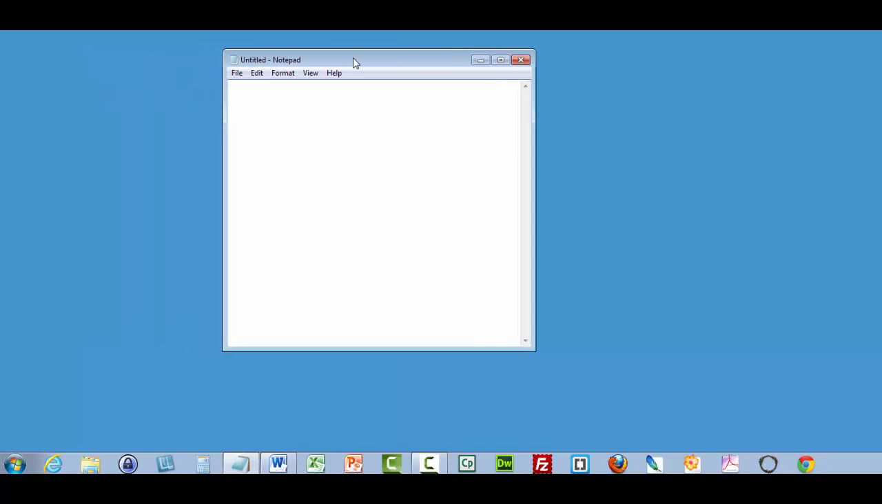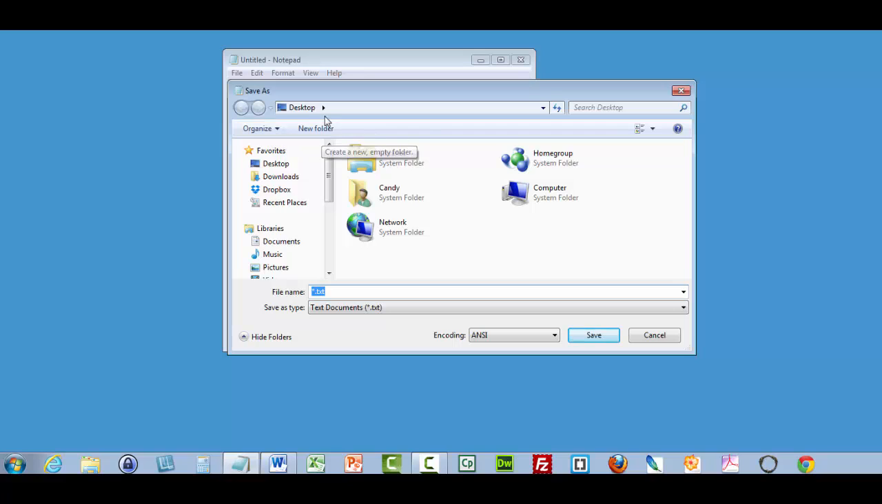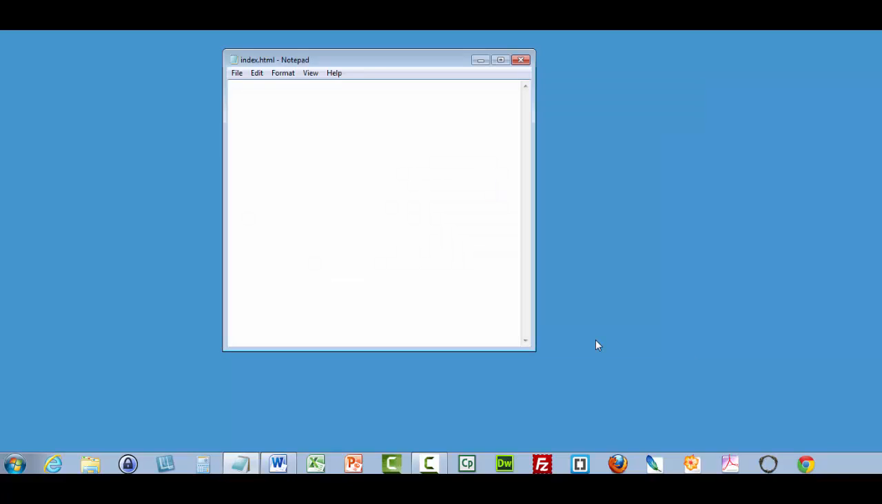So what we're going to do now is best practices: always save a document before you start working on it. I'm going to go to File, Save As, and I'm going to save it on my desktop as index.html. When you create websites, you don't want to build them on your desktop, but we're just learning right now, so bear with me. I'll click Save, and I get a button, which I'll drag down into this viewing screen